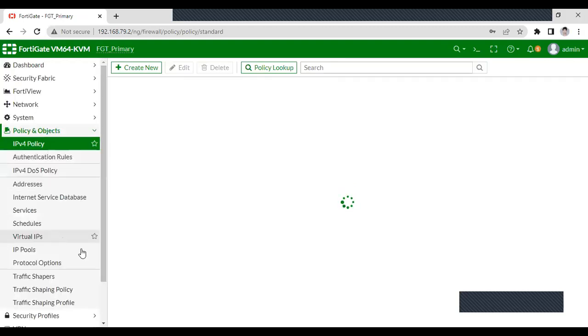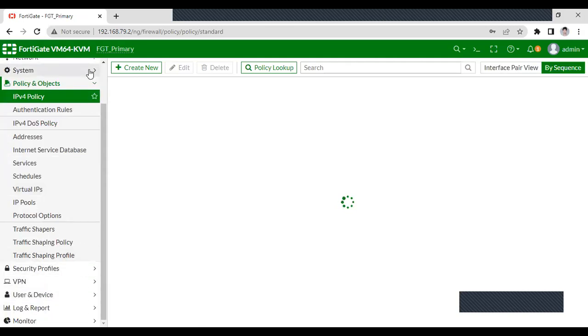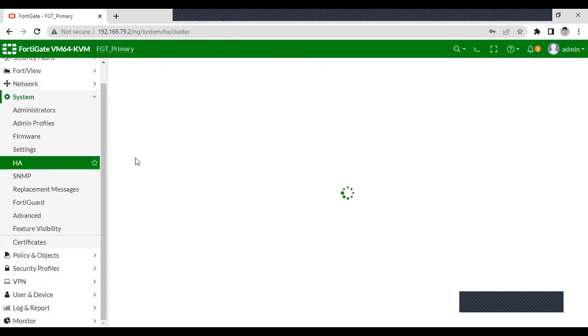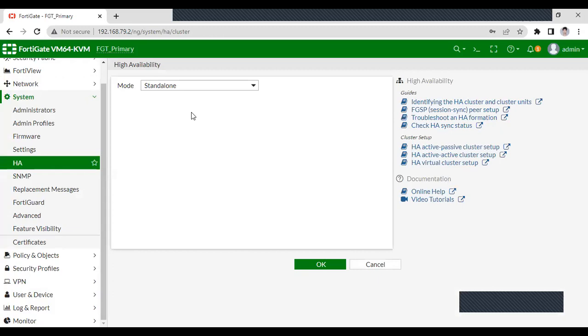If you want to check the HA configuration, you have to go to System, then there is an option HA. As you can see, this firewall is in standalone mode.